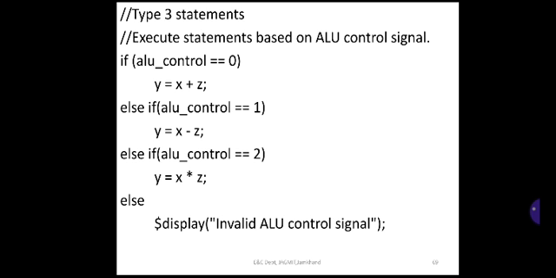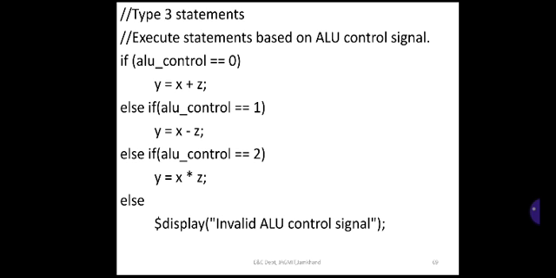In the else part, if ALU control is equal to 1 and this is true, then y is equal to x minus z is executed. If this condition is also false, then the next else if, that is ALU control is equal to 2, is tested. If it is true, then y is equal to x into z